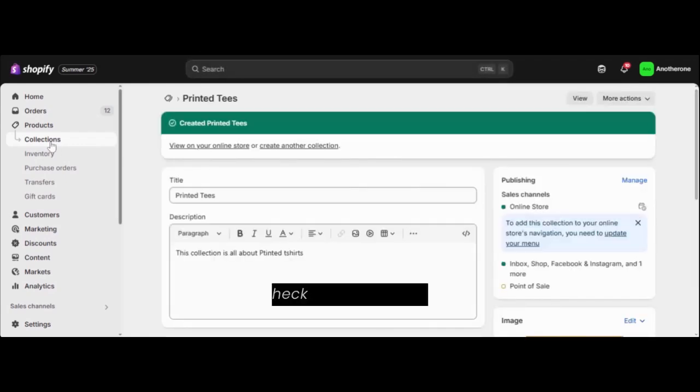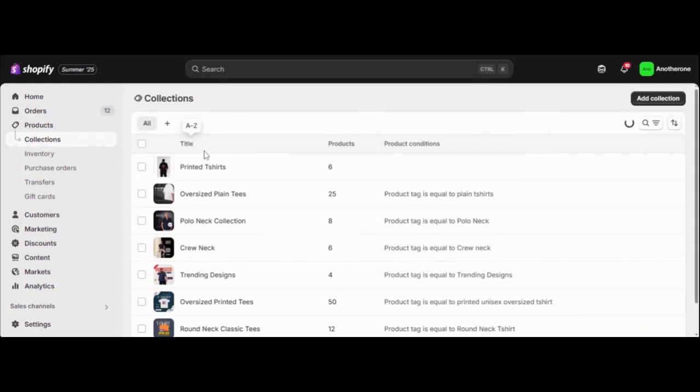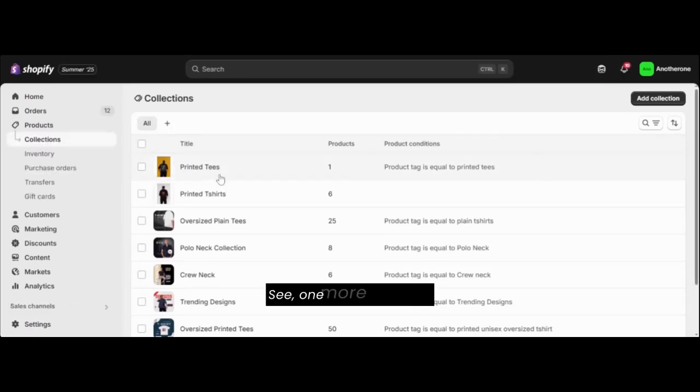And now you can check your collections. See here, one more collection named printed tees is added, and we have only one product in it, and the product tag is equal to printed tees. The product condition, whatever you have set, is displayed here. Now, if you go to the products